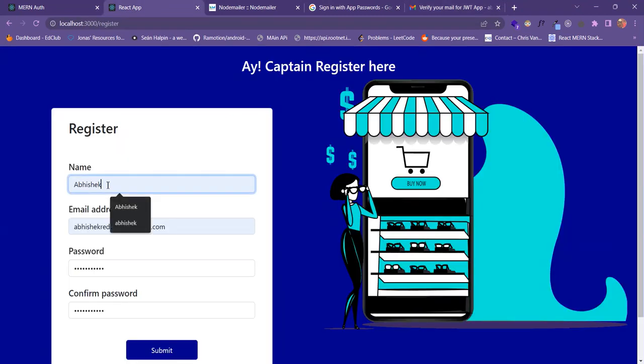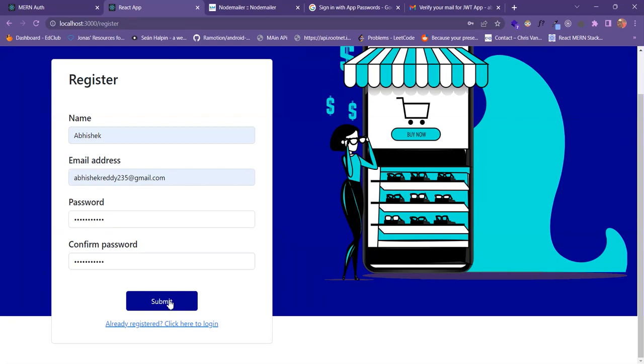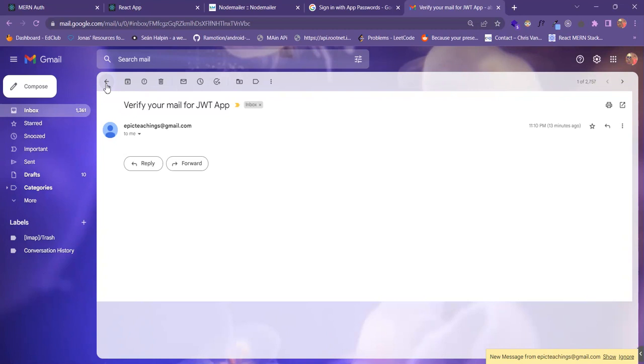Yeah, these are the fields, right? Yeah, I'll click on submit, and we should get our registration successful message. Yeah, so registration is successful,